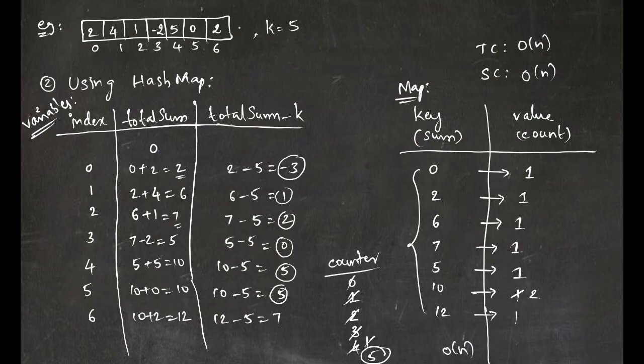And if at all at the end of this array we got another element like 3, now what will happen is, at the 7th index we'll get 12 plus 3, it is 15. So 15 minus 5, it is 10. So now we see that, yeah, 10 exists in my map, and it is there 2 times. That means at the end we have to increment this by 2, it is 7. So answer will be 7.